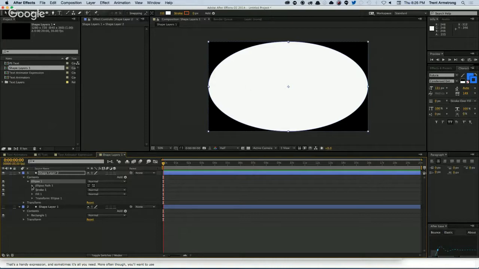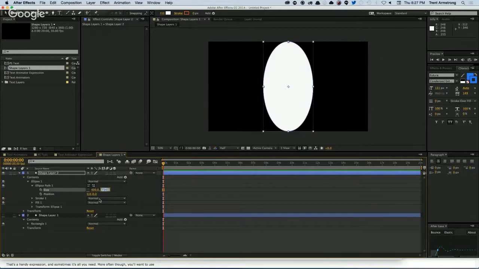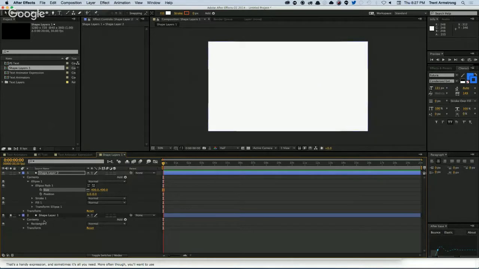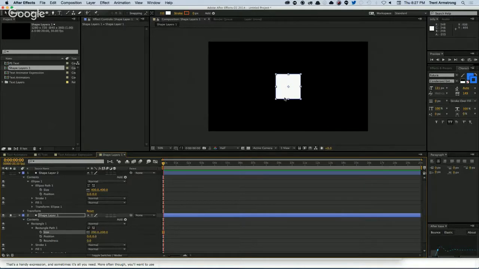Then I twirl down my path and reset my size. If I want a circle, I'll just set that like that. If I want a square, just twirl down my path and set my size like that. Actually, I'm going to make this one a little bit smaller. And what we're going to do is create a looping